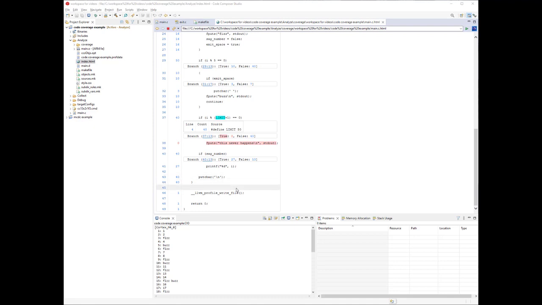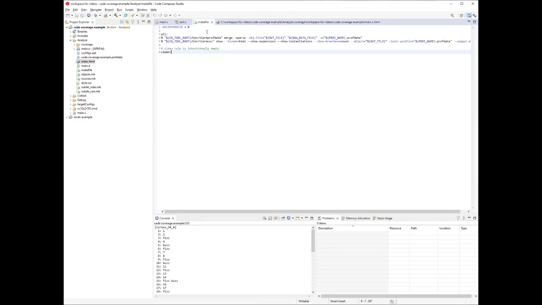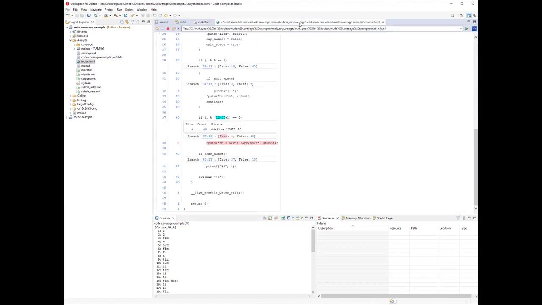One other thing I wanted to show you is if we go look at the options that are supplied to the post-processing commands, tiarm-profdata, tiarm-cov, I want you to know that these options, particularly show branches count, that sort of thing, affect what you see here, okay? And I don't want to go through it in any great detail.